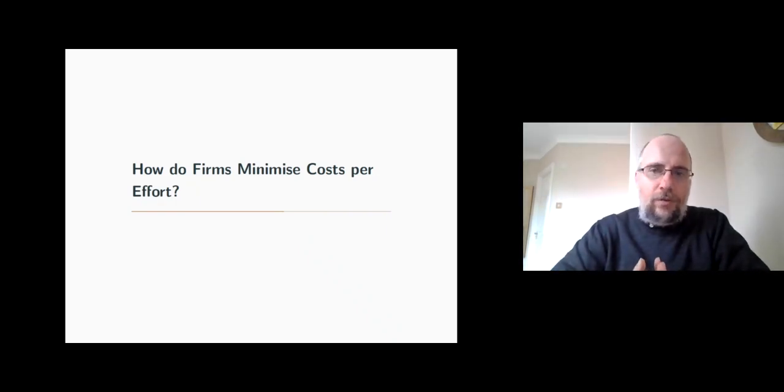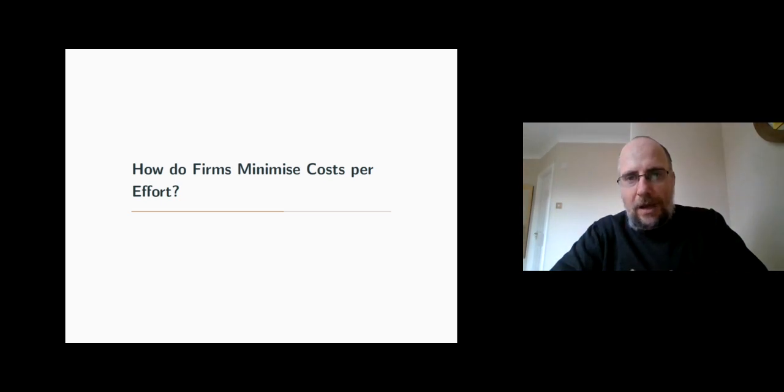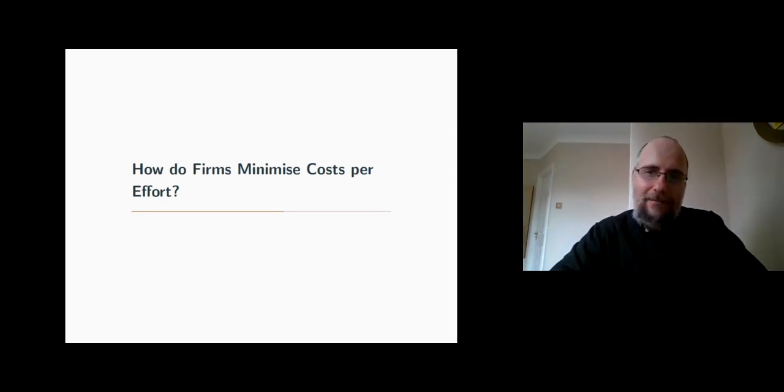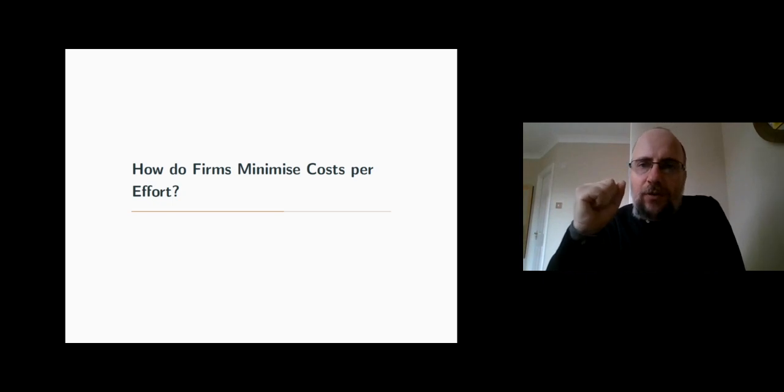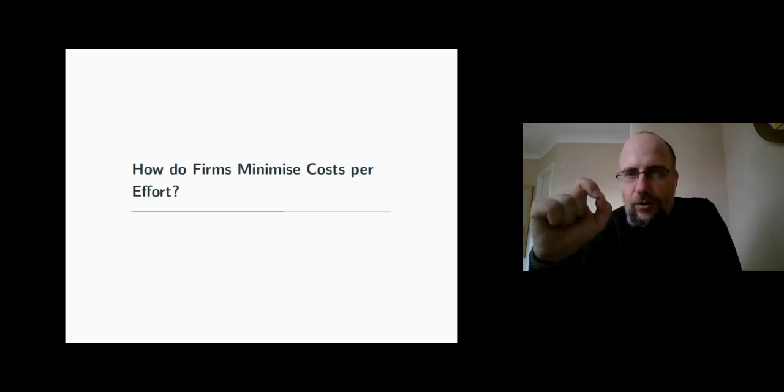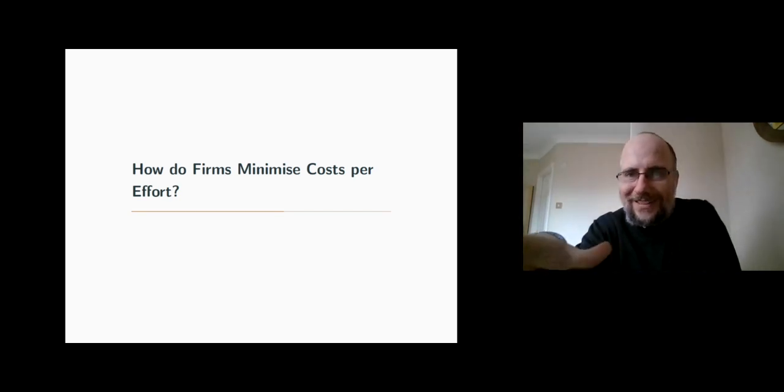What we saw in the previous video was the worker's side of the story. By looking at how hard it is to increase effort beyond a certain point, we understood how the firm needs to compensate the worker if it wants the worker to work harder. But the goal of the firm is not necessarily to make the worker work as hard as they can. The firm wants to make the worker work hard and exert more effort, but not at all costs. In fact, what the firm is trying to do is to minimize the costs for a certain level of effort necessary to complete a certain task on the job.